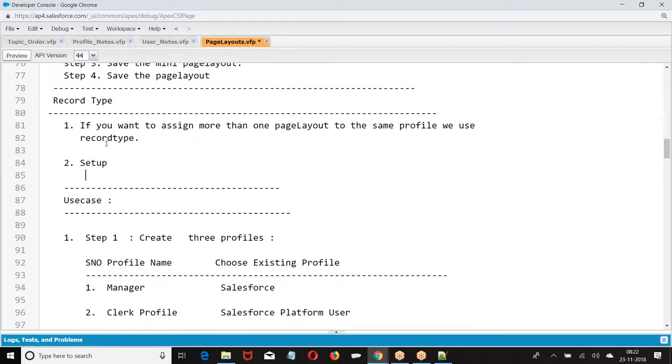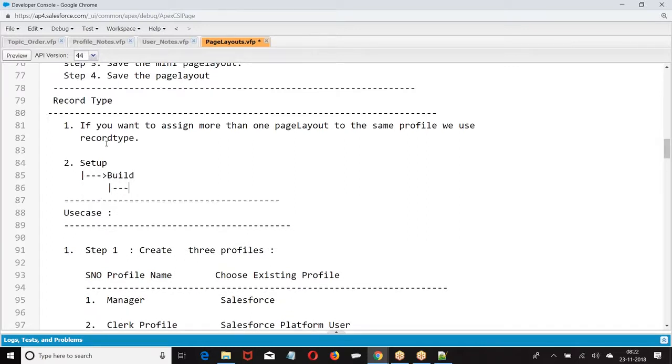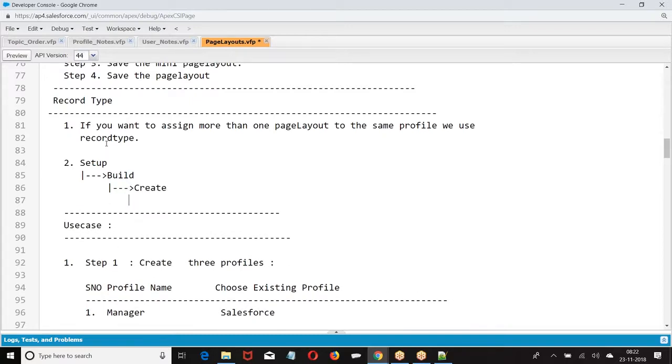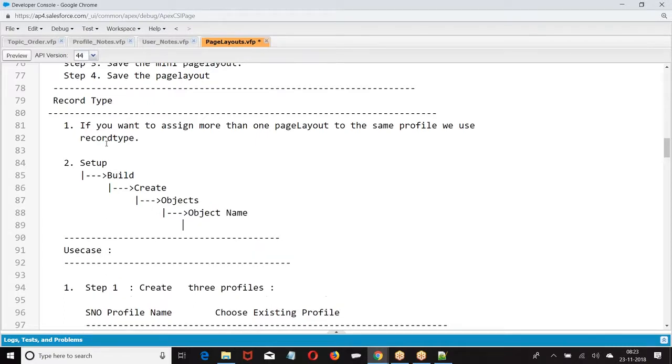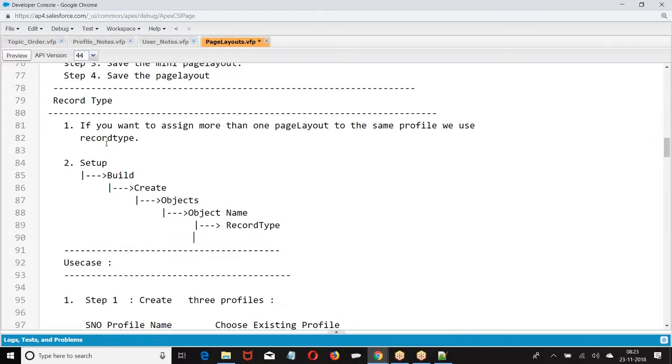What is the navigation we have? Setup, objects, object name, record type.